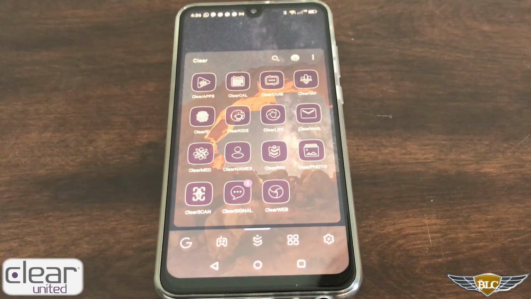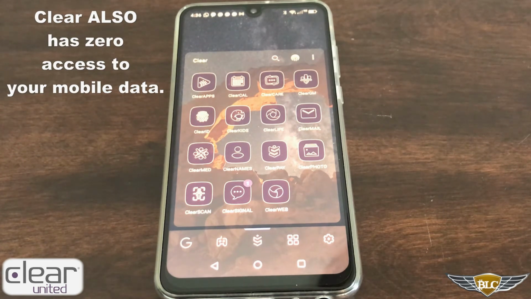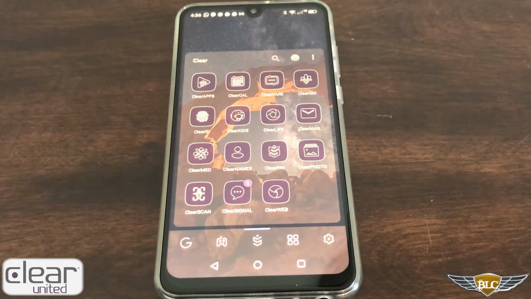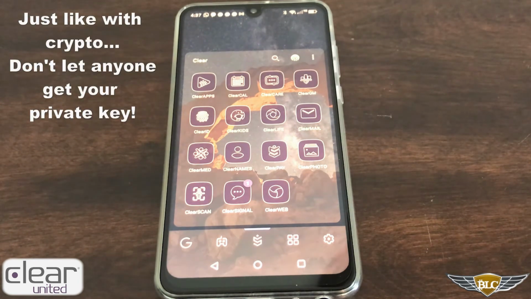Clear has actually no access to get the data on any of the individual users' phones. The company Clear does not actually have access to any of the data of the phones of its users because it doesn't have access to the private keys. The only way to gain access to your data is literally to have the private key and your fingerprint. So that's a lot different than your Google and Apple spy phones that you're used to.